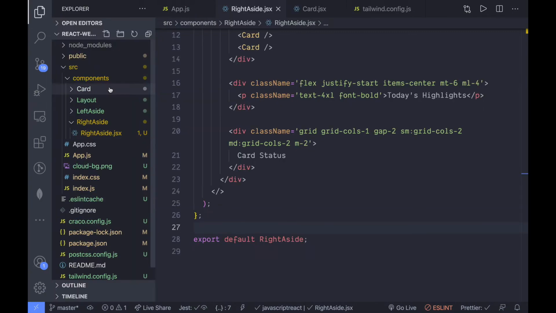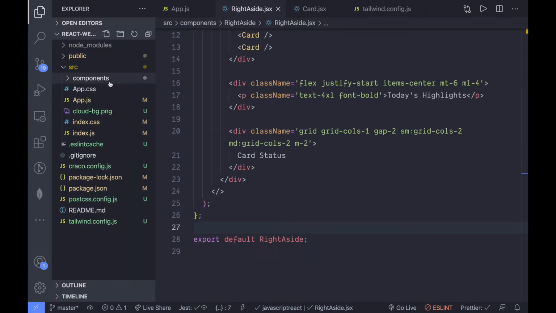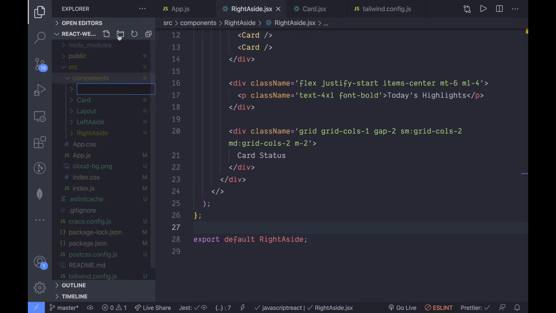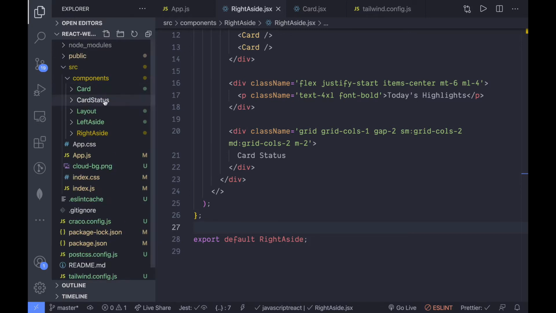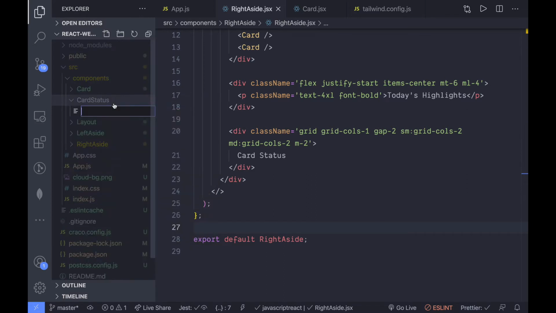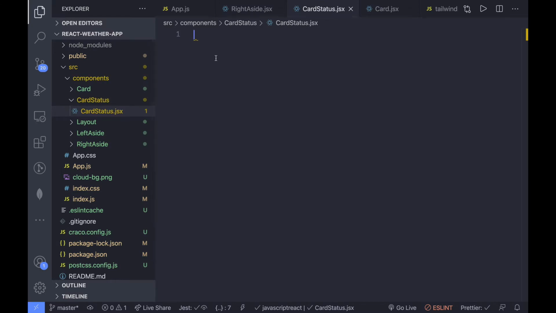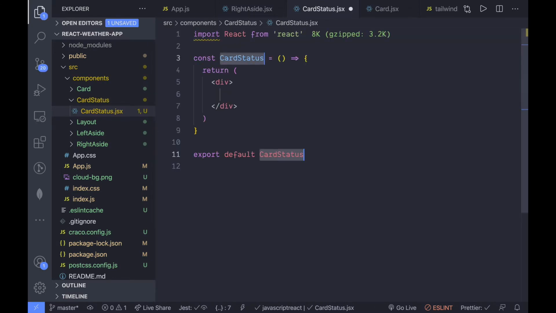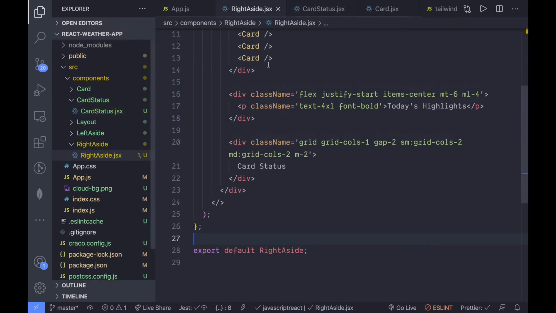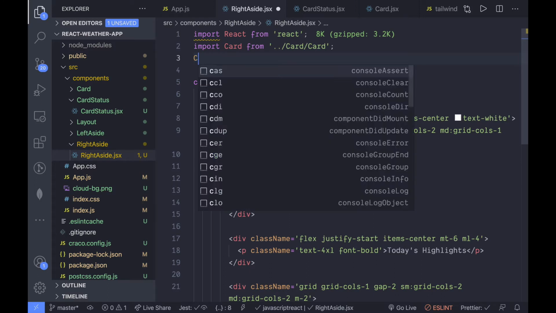Inside this components directory, create a new folder as always, and let's just say CardStatus, and inside this folder create a new file and let's just say CardStatus.jsx, and do the same thing, create a new React functional component and say hello from card status. So save this, go back to the right.jsx file, import it.